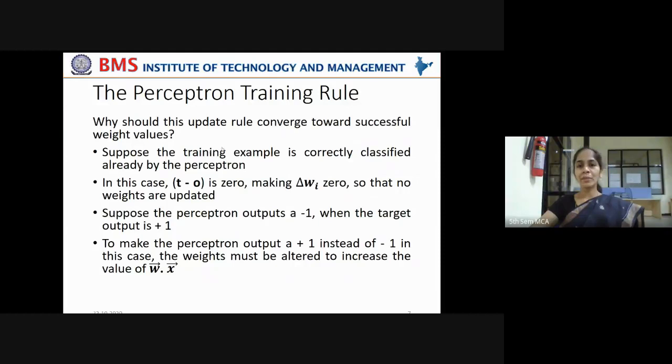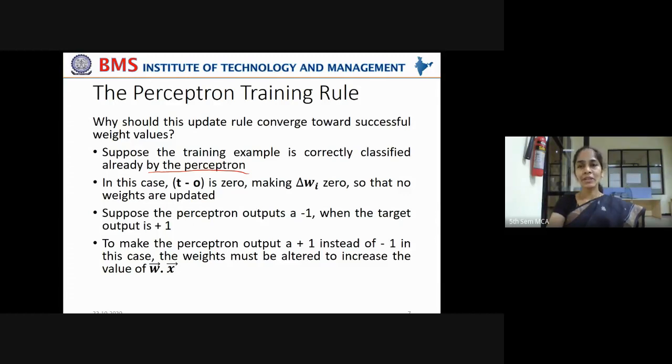Now, why should this update rule converge to successful weight values? Why should it reach some optimal solution where the weight adjustment is no longer required? Suppose the training example is correctly classified already by the perceptron. If there is any deviation in the prediction, weight adjustment will be done.